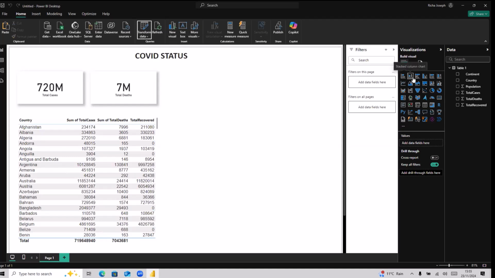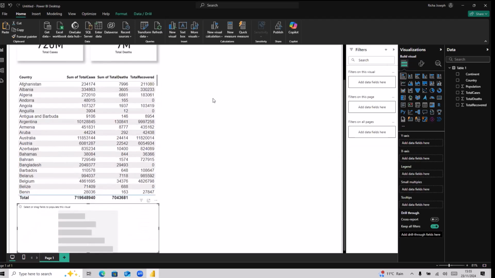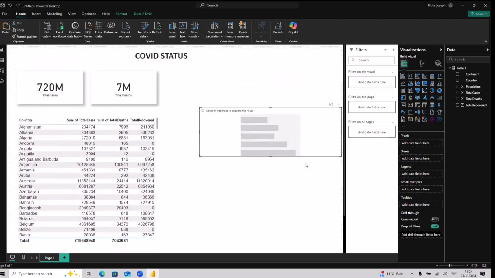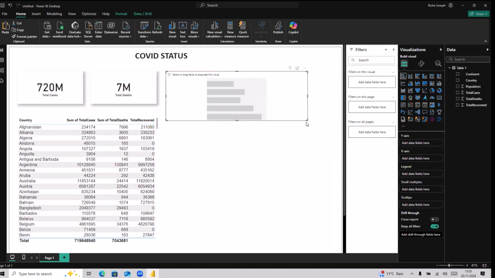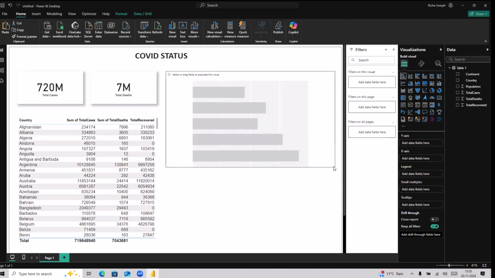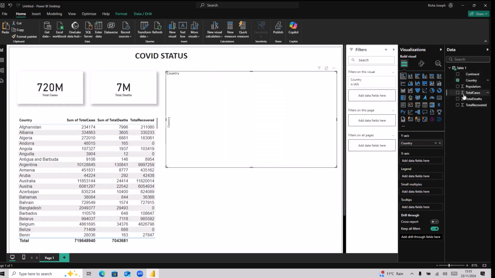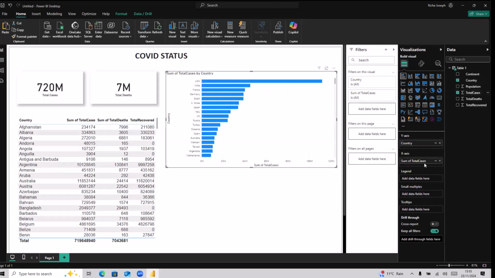So just click on the stacked one and bring this guy up and maybe make it a little bigger and pick up on the country and pick up on the total case. So it's going by axis, x-axis and y-axis, and I don't want to see all the countries. Maybe I just want to see first top